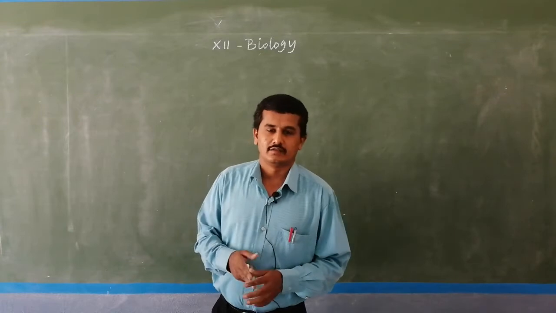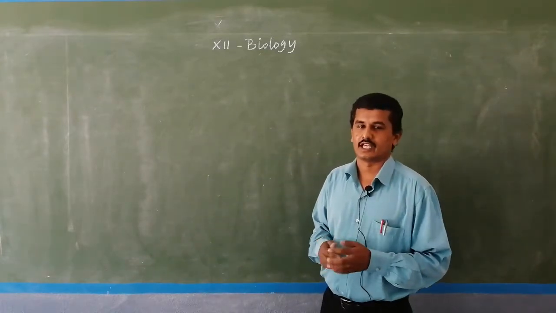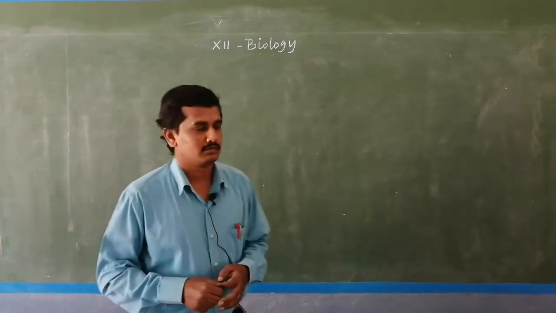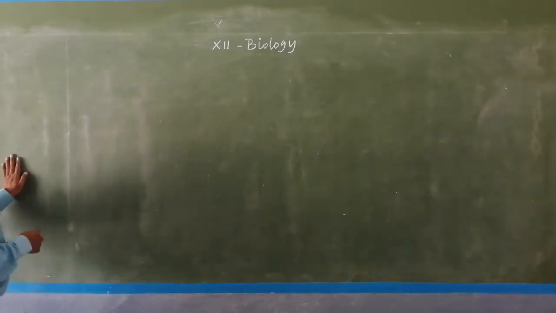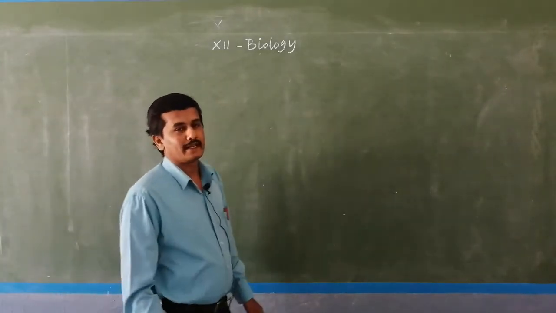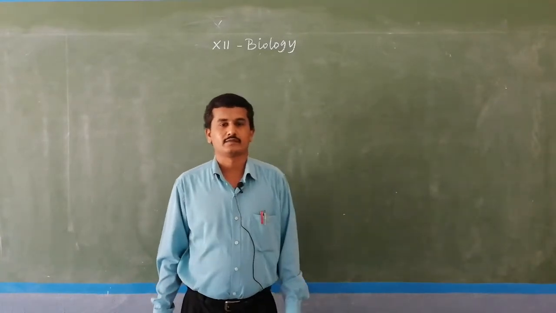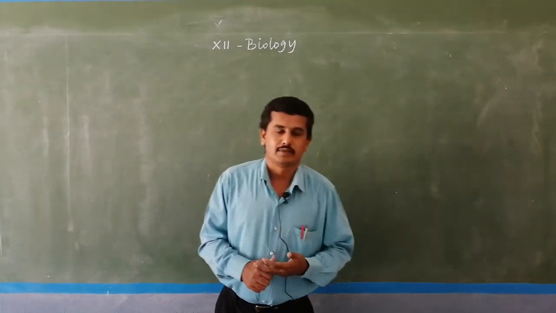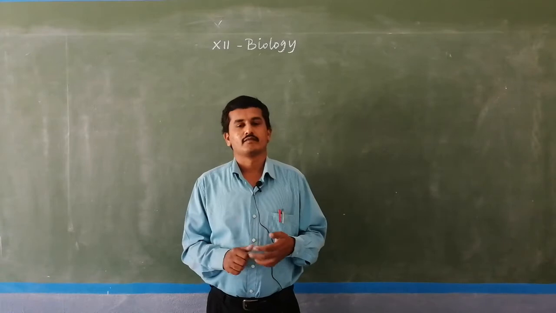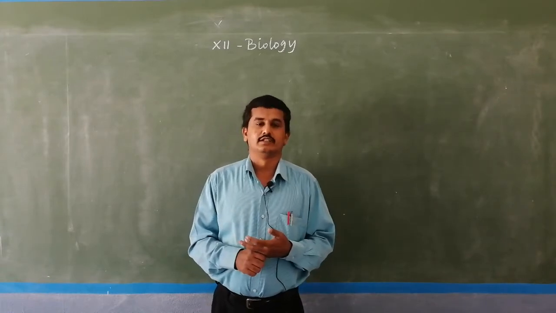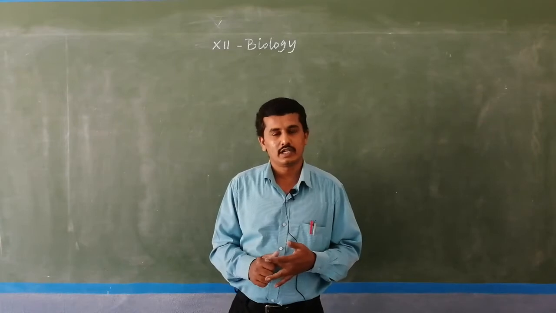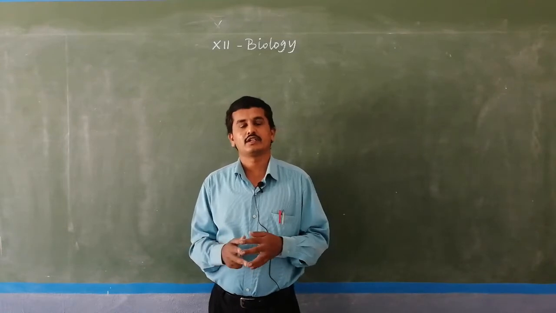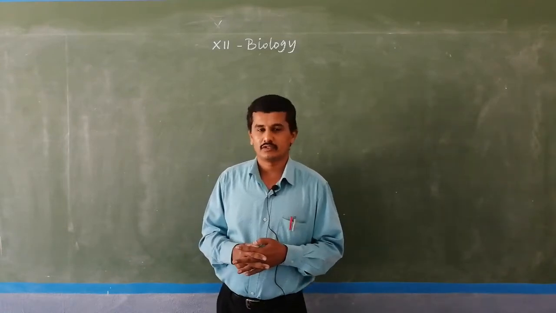Yesterday we learned dihybrid cross. I gave one example. Today in dihybrid cross I will give another example also. So normally the garden pea plant Pisum sativum contains 7 different contrasting characters. Different contrasting characters means, for example, height of the plant, flower color, flower position, seed shape, seed color, pod shape, pod color. So, 7 different contrasting versions are present in Pisum sativum.